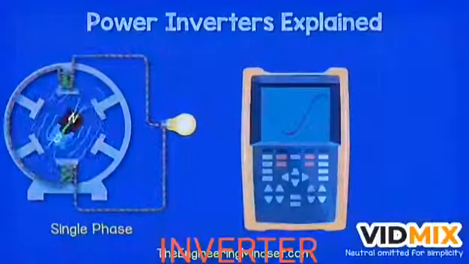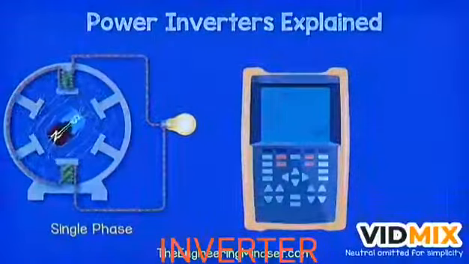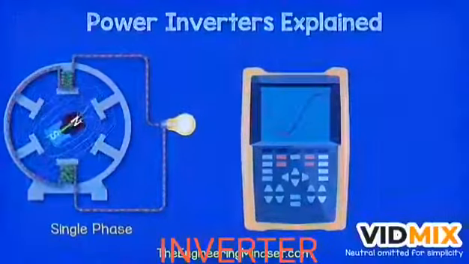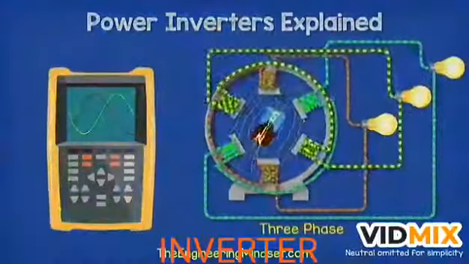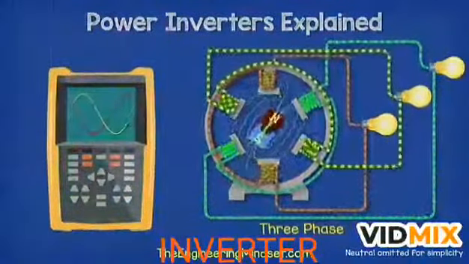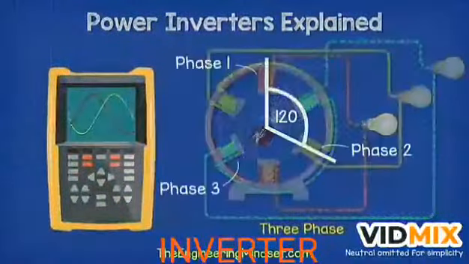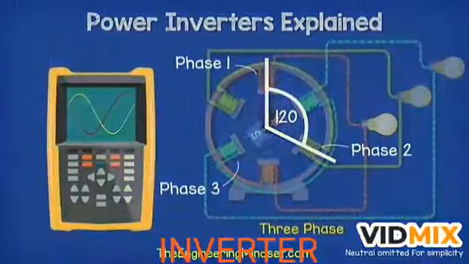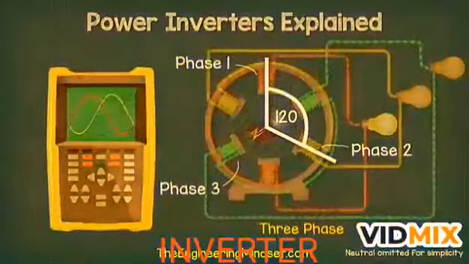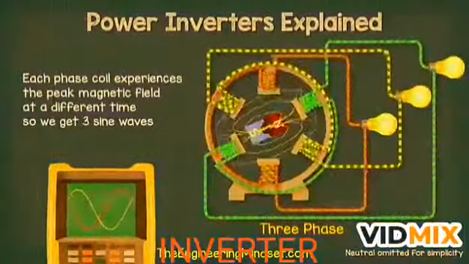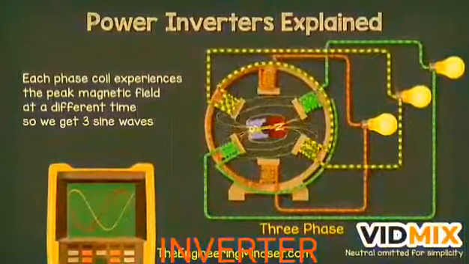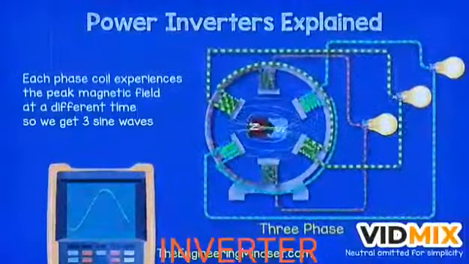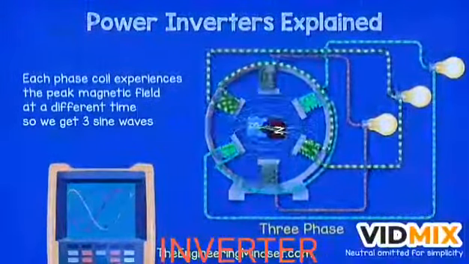With single phase, we have a connection to just a single phase from a generator, so we have just one sine wave. But with three-phase electricity, we have a connection to each of the three phases. The phases are coils of wire which are inserted into the generator 120 degrees apart from the previous. This means the coils experience the peak of the rotating magnetic field at different times. And it's this that gives us our three phases, each with a different sine wave that is slightly out of